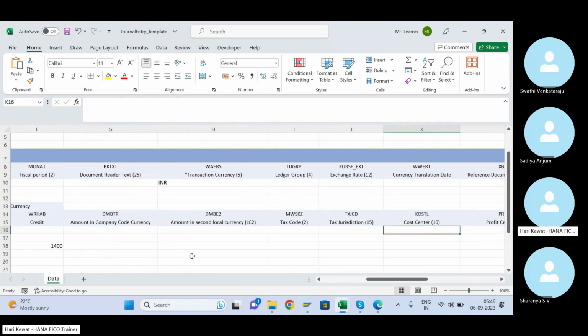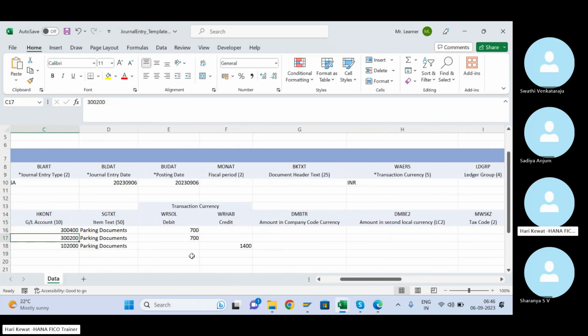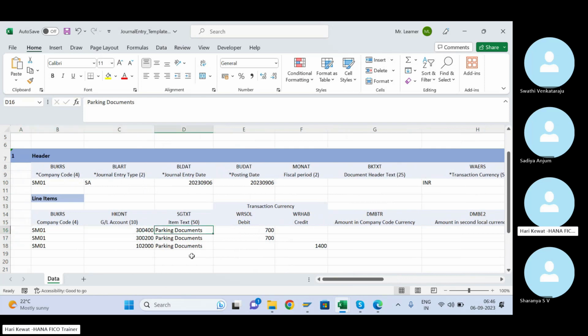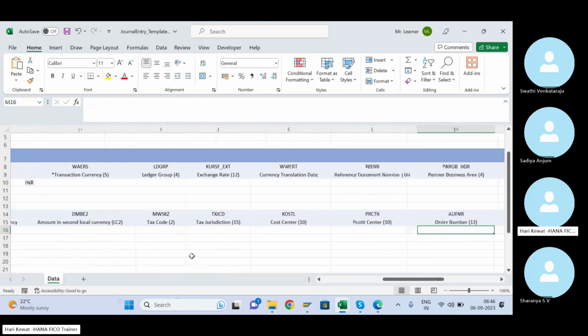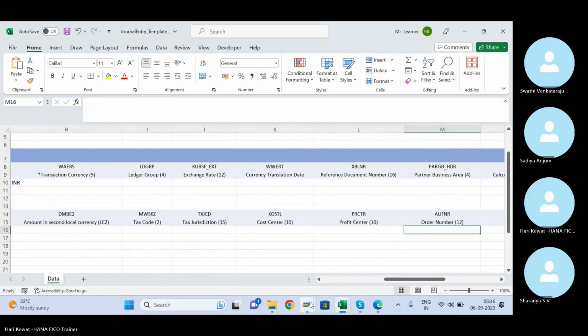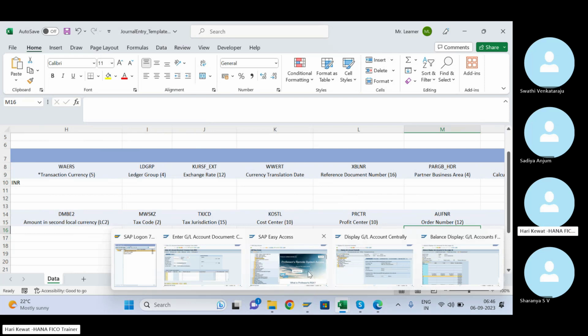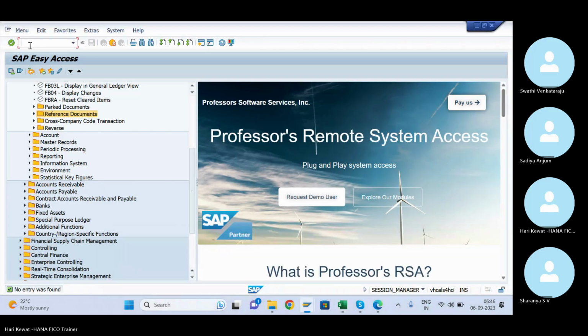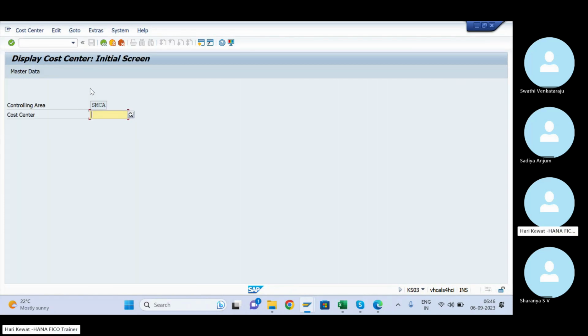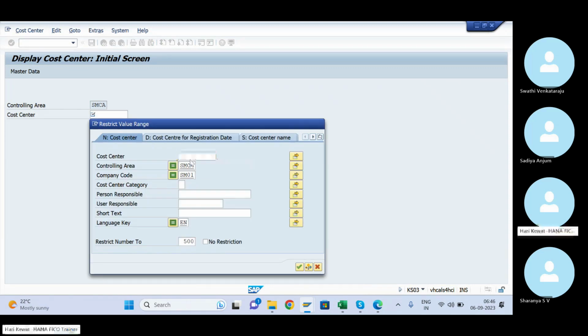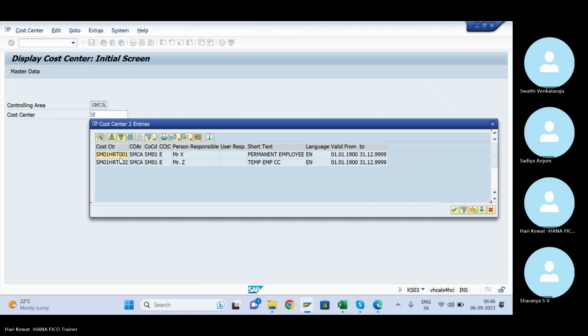Then tax code, cost center become mandatory. Okay, so this is the cost center. Let us enter the cost center. What cost center have we created? So this is the cost center you have created.